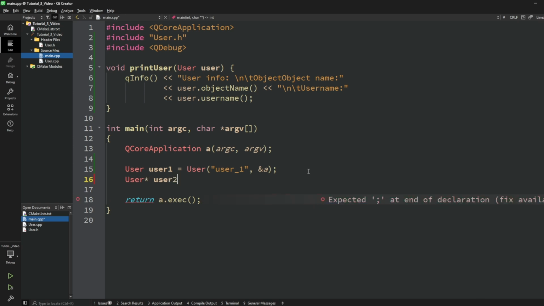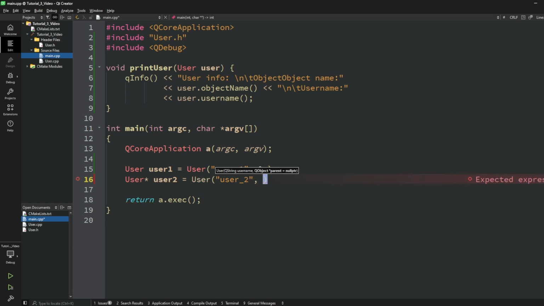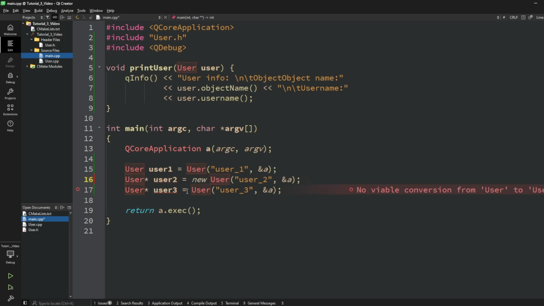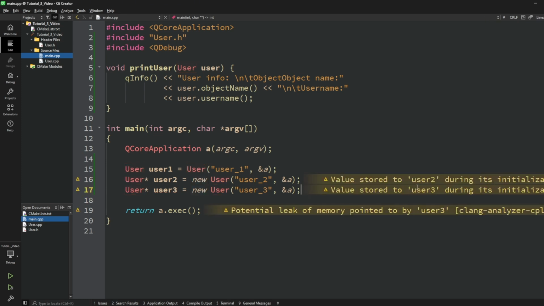User2, we will create pointer to it, so we will create on heap user, user2 and the same. Sorry, the same. And the third one, let's name it user3 and specify the same. Oh, okay, sorry, I forgot. We have to, of course, use new operator. As you see here, we can have the memory leaks,